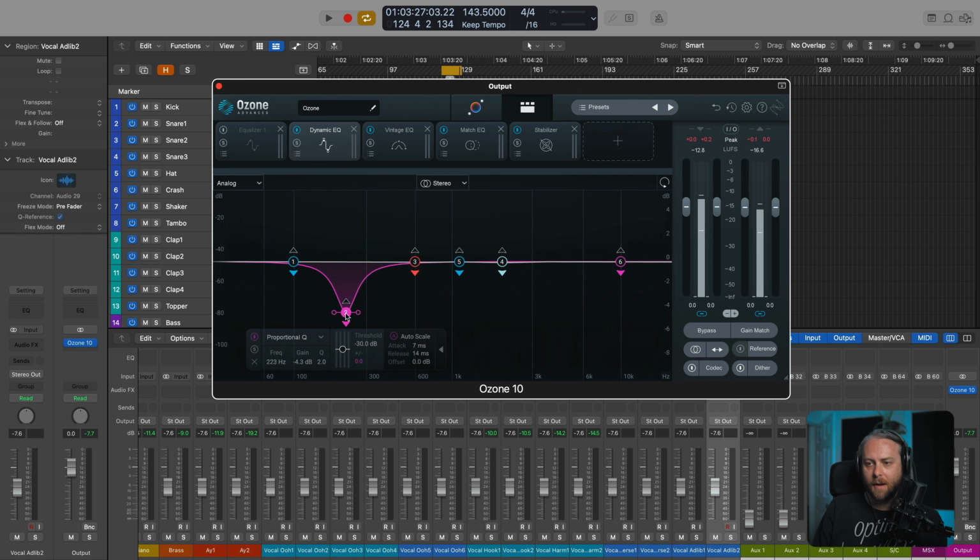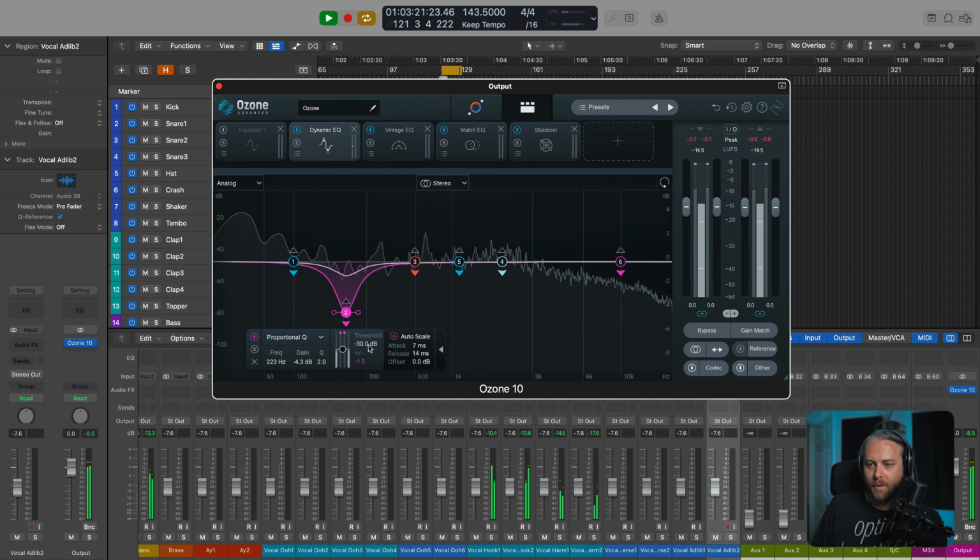So if I want to go all the way down here and suppress information at, let's say, 223 hertz, bring the threshold down to get a more extreme projection. Turn auto scale on or off. I usually leave it on. Narrow my width.